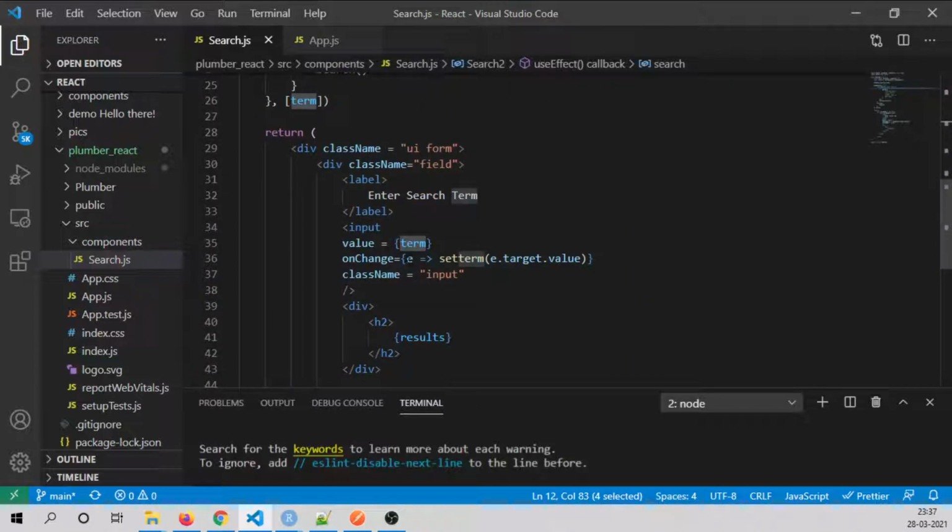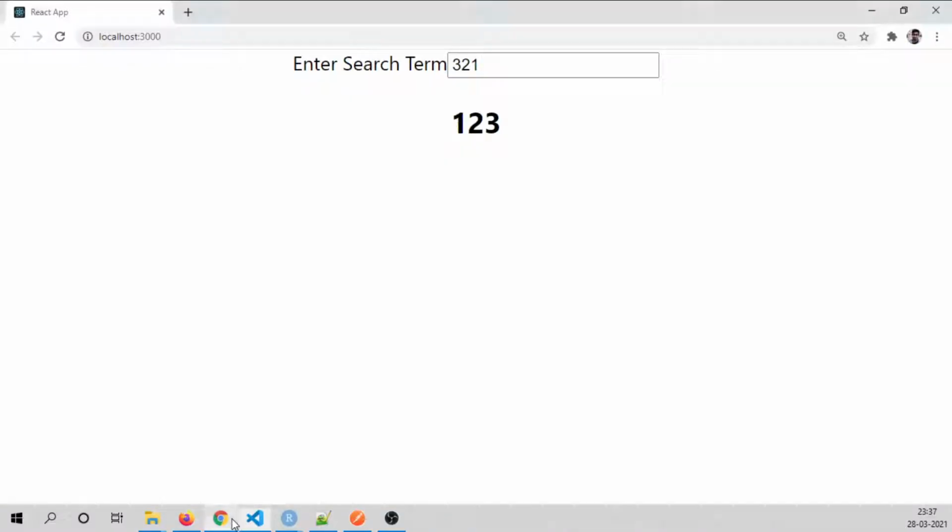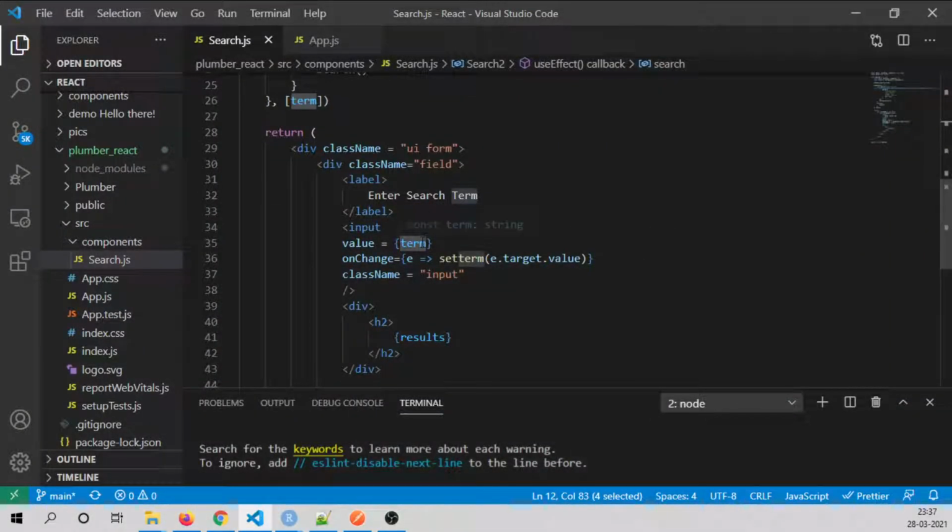Yes, we are setting the value term from the input parameter itself, the enter search item, it is here. Every time the user passes something here, it is going to update the value in the term parameter itself. So this is all about the term.